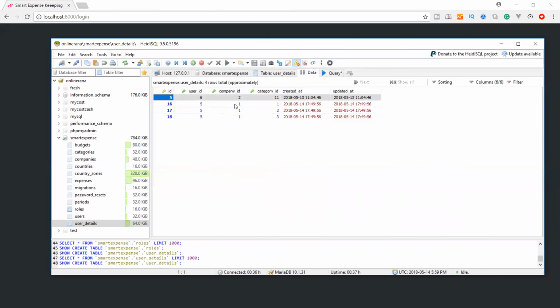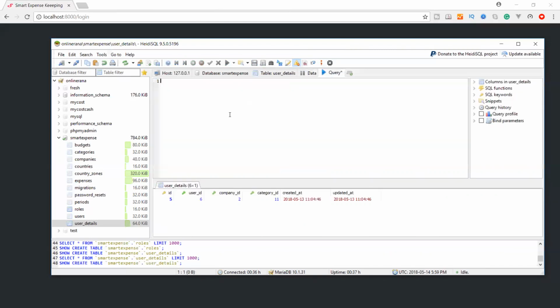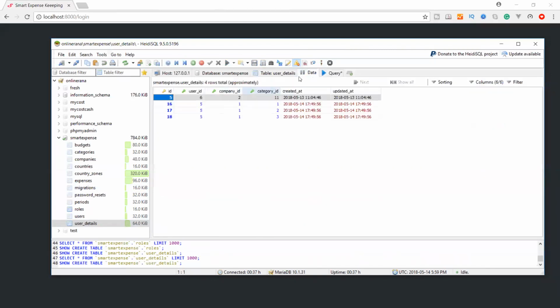We need company ID 2 and 1. We have two companies. So in a query, let's select all from the table named user_detail where company_id IN.